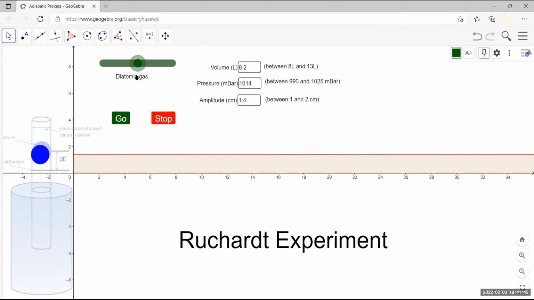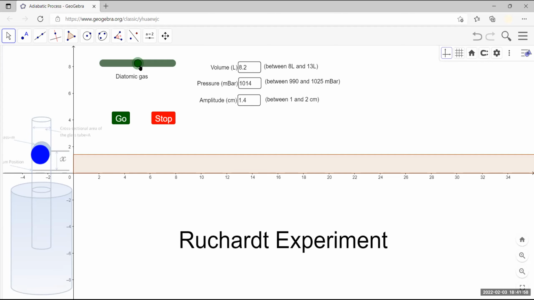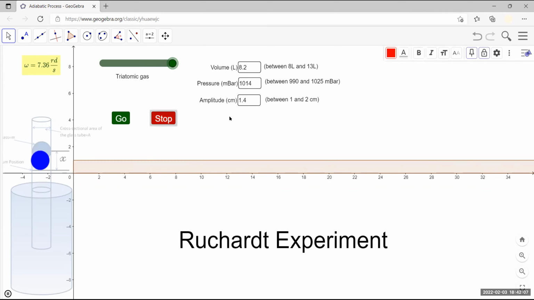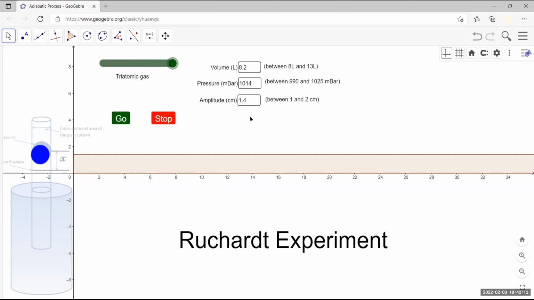Then I change the gas from monoatomic to a diatomic gas and do the same experiment. Obviously, the value of omega will change, and I'm going to plug it in there, and so on and so forth. If I change the gas for the third column, for the triatomic gas, I should find a different value for omega, and so on. Do you guys understand what you're doing for this lab? Yes. Okay, so it's really straightforward.